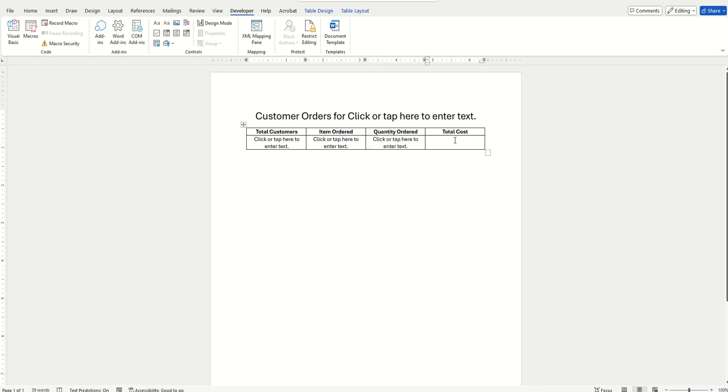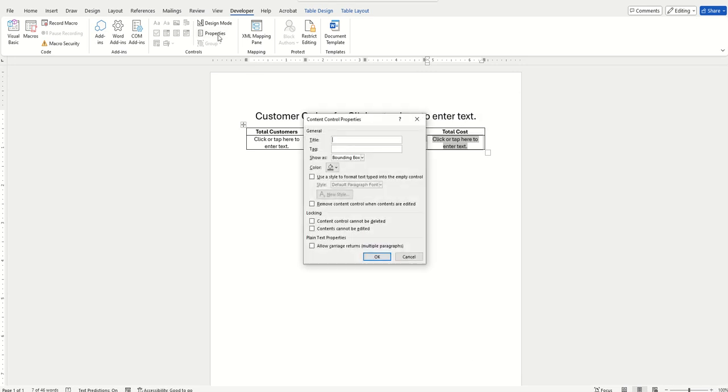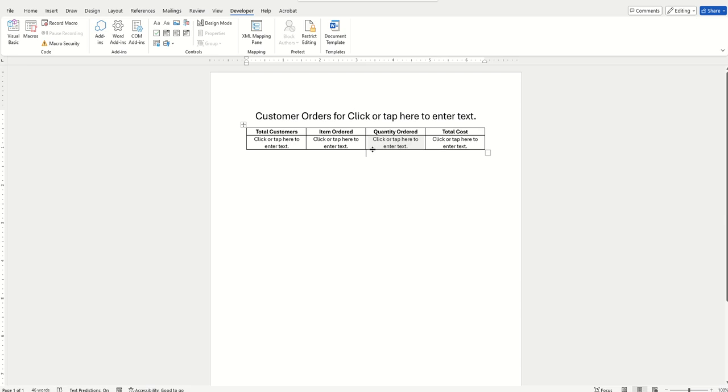Total cost. Make the text black. And the properties. Total cost, total cost. Okay, so now we have a table with headers, and then each of these are individual,